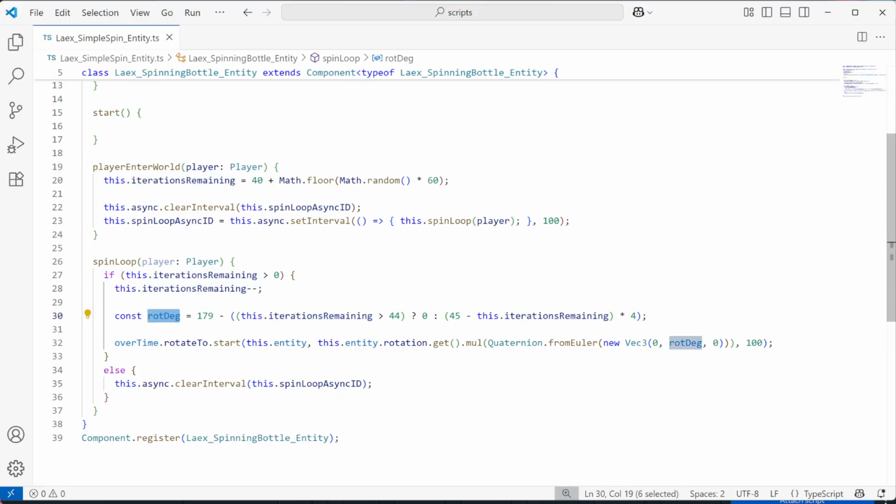The rotation degrees defaults to 179, but then we're going to subtract, and you'll notice here that we're using a ternary operator, so we have the Boolean value. It says iterations remaining is greater than 44. If it is greater than 44, we return 0, meaning we subtract nothing. If it is less than or equal to 44, we then take 45, subtract the number of iterations remaining, and multiply by 4, meaning we're subtracting 4 degrees for every iteration closer to 0, which makes the rotation degrees go down until it basically comes to a complete stop, at which point we then rotate to, using our overtime utility,